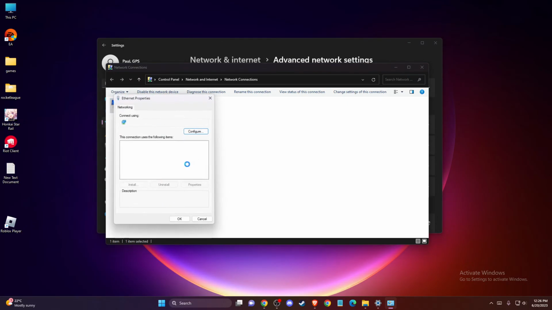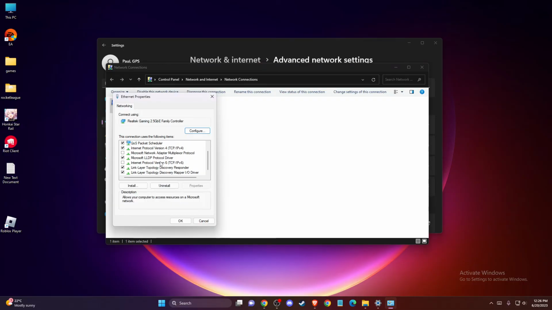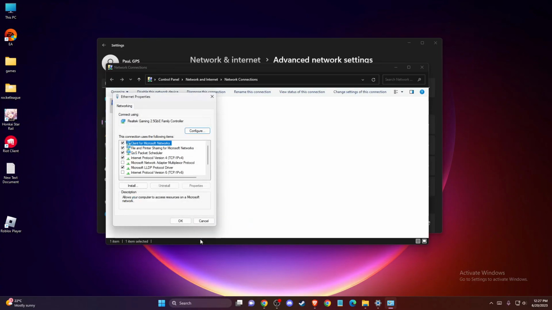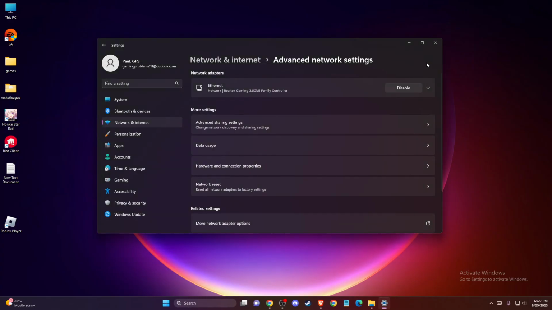Then go to properties. Make sure that Internet Protocol version 6 is disabled. Then double click on Internet Protocol version 4, and select use the following DNS server addresses. On preferred DNS server, you just need to write 8.8.8.8, and on alternative DNS server, you just need to write 8.8.4.4. Press apply, okay, restart your computer, and the